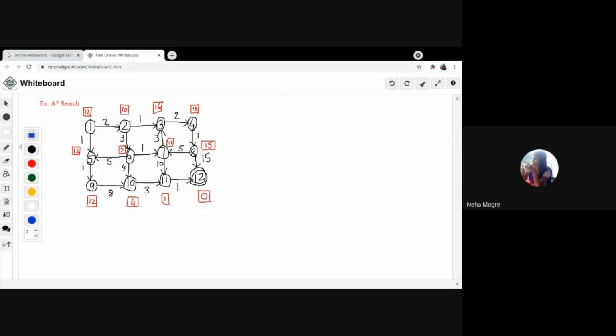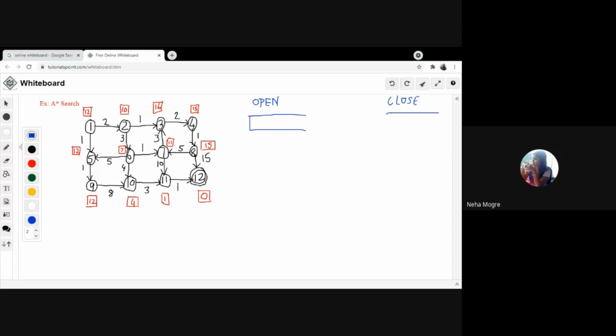Yes, ma'am. Now, fine. We will place the queues, open and closed, and let us try to calculate the minimum cost for the graph using A star. We have seen the same problem using uniform cost search. Now let us see A star. Later on you can tell me the difference between A star and uniform cost search. So these are the two queues, working as a priority queue, the data structure that we have chosen here.